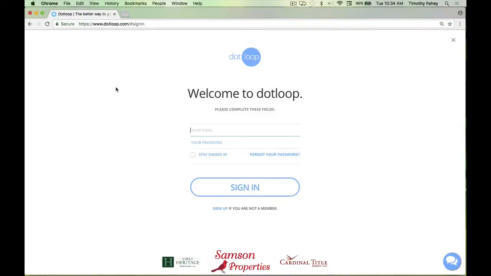So what I'm going to do today, some of you have been here before, some of you haven't, I feel like. We're going to start from signing in. I'm going to go through the process of how you prepare an offer for a purchase using the dotloop system, setting out for signatures, adding people in, how you would attach a document from your computer and upload it to dotloop, how you would find a file that isn't in a template already in dotloop, how to submit it